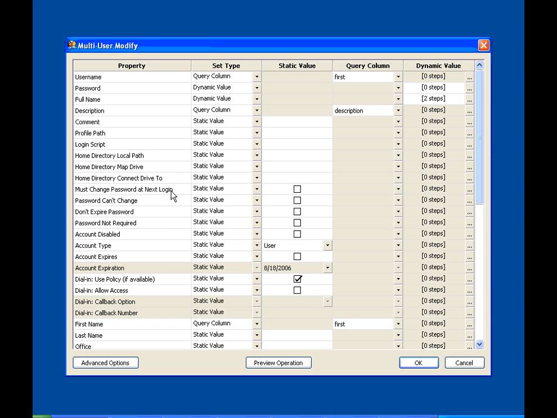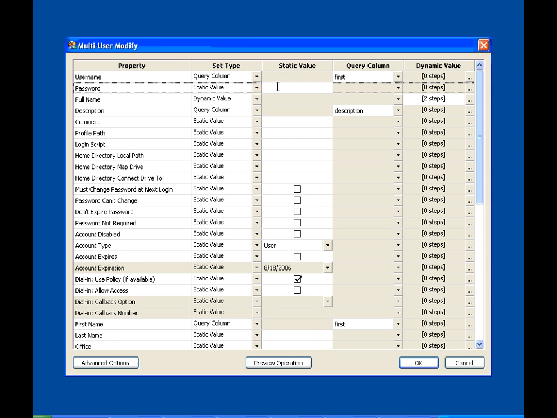Here we see all of the various user attributes that we are able to fulfill based on the data in our data source. You can take your data source and plug it into the user attributes to suit your user creation and management needs. Let's begin by deciding what our username attribute will be as we draw it from our text file. So select the drop-down arrow from Set Type and decide what source in your text file you wish to use to create all of your usernames. Let's use a column in the data source, and we will use the first name to create all of our usernames. For our passwords, we could elect to use a static value,